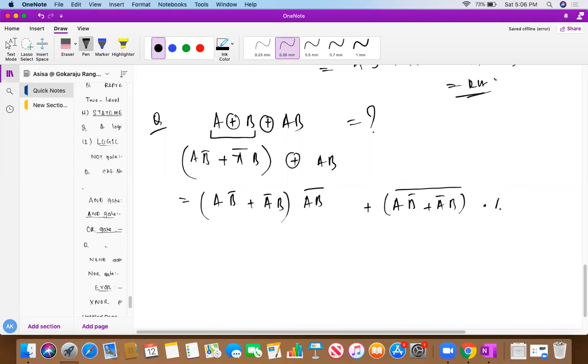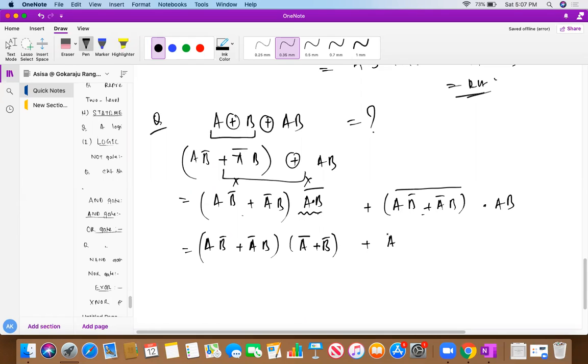So this is very simple, X Y bar or X bar Y. Here I have put this as X, let's say this is Y. So X Y bar or X bar Y. Now what I am going to do here, this will be A B bar or A bar B. So I'm just applying De Morgan's theorem here. If I apply De Morgan's theorem, what will happen? Break the bar, change the operator. Very simple. Similarly, here I'll keep this one as it is. I am going to use De Morgan's theorem here also.